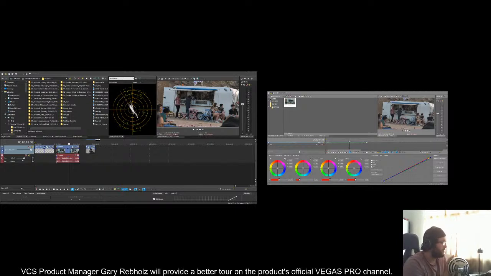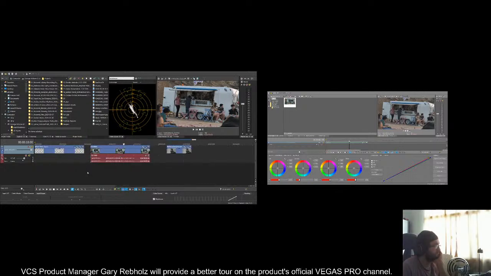Yeah, this is how it looks. This is just the initial impression. I guess we're going to have to wait until Gary, boys, because for example, there's a feature where they talked about the motion tracking being improved, and to be honest,